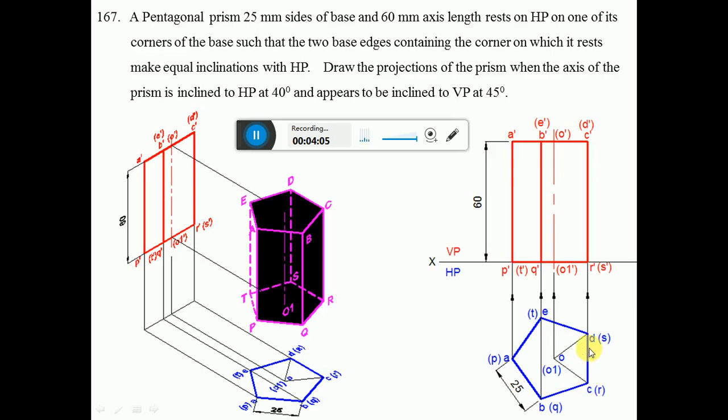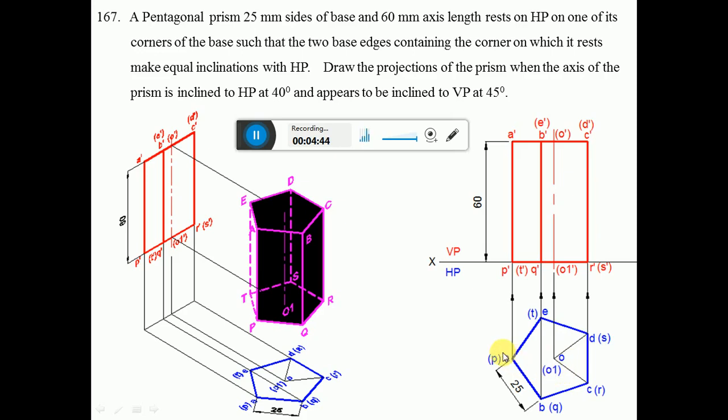With respect to CD or RS, using the protractor you make an angular bisector, which is 108 degrees by 2, equal to 54 degrees. Using the protractor, measure an angle of 54 degrees with respect to CD and draw an inclined line. Similarly, from the other end of the edge CD, measure an angle of 54 degrees and draw an inclined line. These two lines will cut at a point, and this point will be the center. Mark O and O1 in bracket.